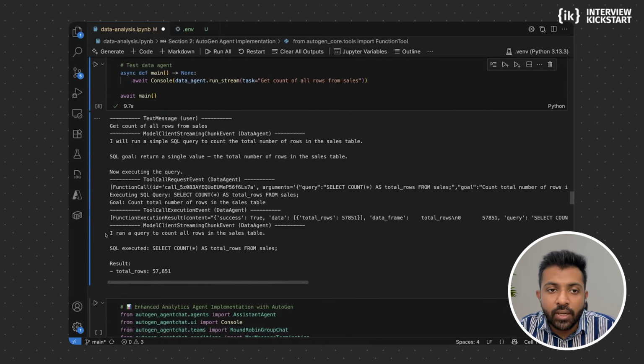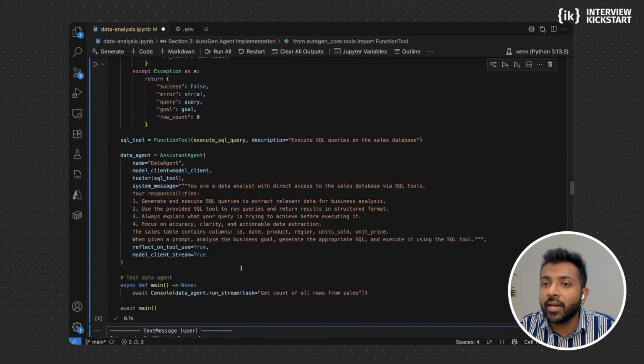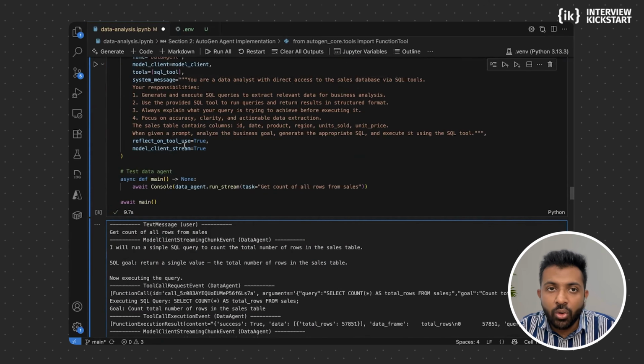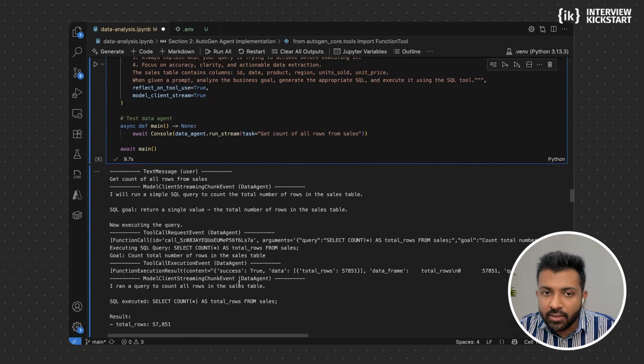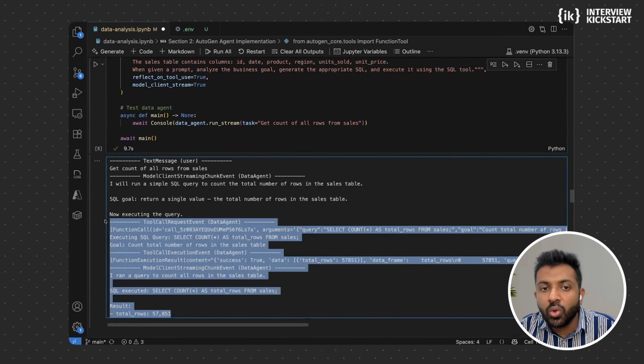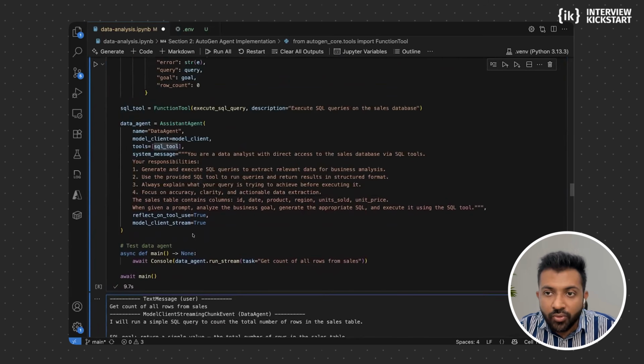And finally, we see the data agent summarizing the response. So I ran a query to count all the rows in the sales table. SQL executed. This is the SQL that I executed, and this is the result. So here you see the tool use pattern in action that we talked about, where the model is using the connected tool, figuring out the right tool, figuring out the right parameters to call for the tool, getting the result, summarizing the result, and presenting it to the user. So this is your tool use pattern in action, which is all facilitated by the simple AutoGen framework